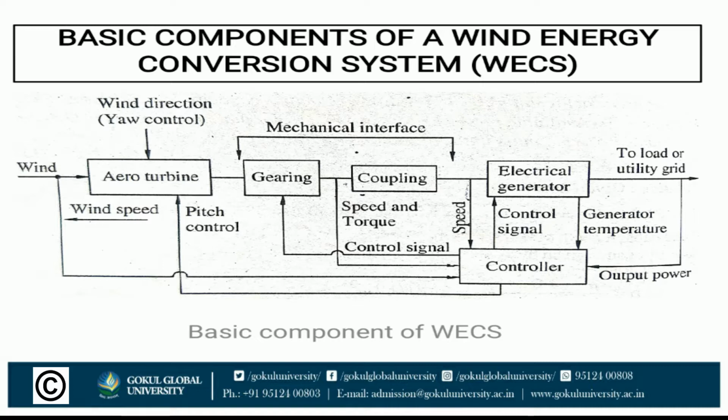The control unit monitors and controls the interaction among various blocks. It derives the reference voltage and frequency signals from the grid and receives wind speed, wind direction, wind turbine speed signals, etc. It processes them and accordingly controls various blocks for optimal energy balance. The output of the electrical generator is connected to the load or power grid.